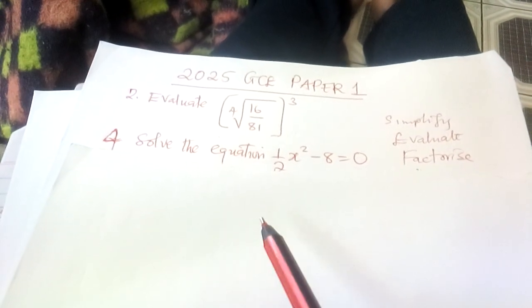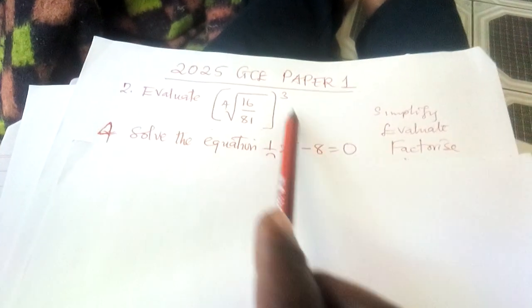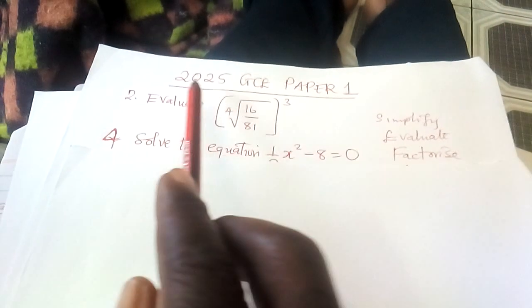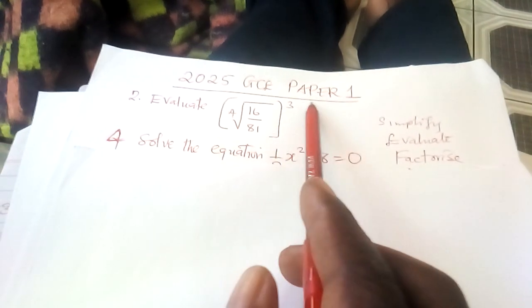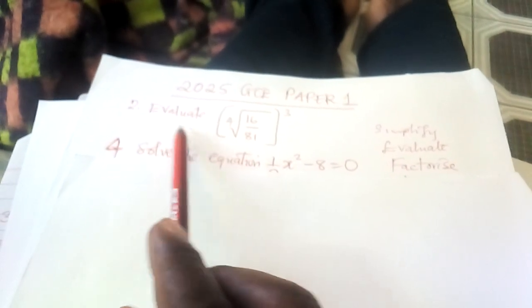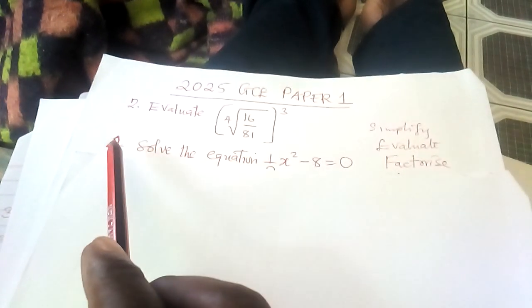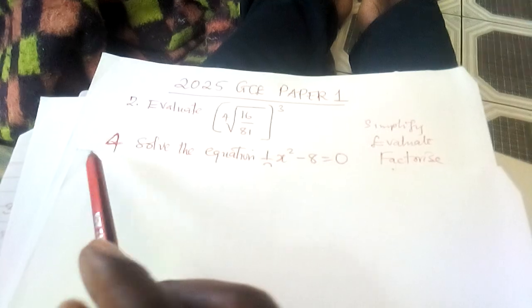We are discussing mathematics. In the last video, I talked about how you can solve this question. These questions came last year in 2025 under GCE in paper 1. So now, because earlier I solved the first question you see here, I'm going to solve question 4. Okay, this question reads,